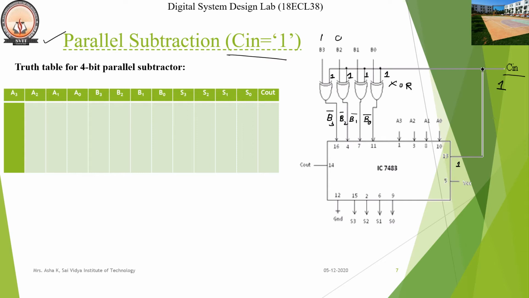Let us take an example of 1010. If I perform the XOR operation of 0 and 1, the output is equal to 1. Next, perform the XOR operation of 1 with 1 produces the output 0. Perform the XOR operation of 0 with 1 produces the output 1. Perform the XOR operation of 1 with 1 produces the output 0. If we just observe here, the bit B3 is now complemented, that is 0. For B2, 0, we are getting 1. For B1, 1, we are getting 0. For B0, we are getting complement of that is 1.